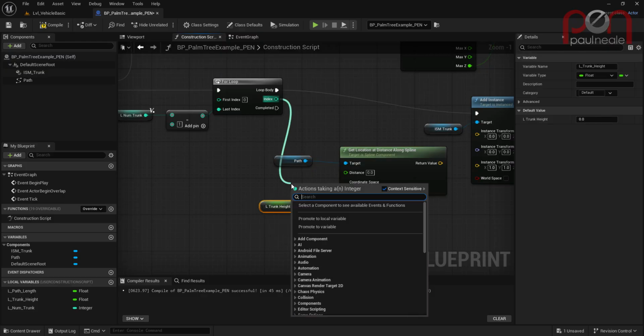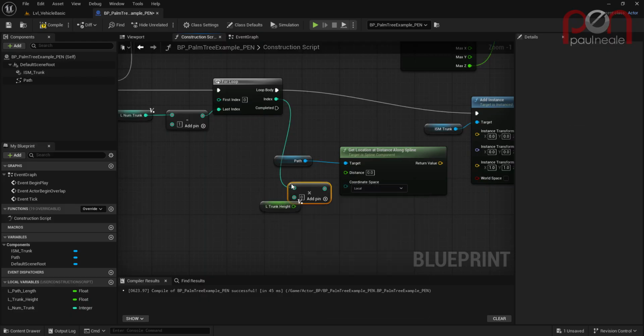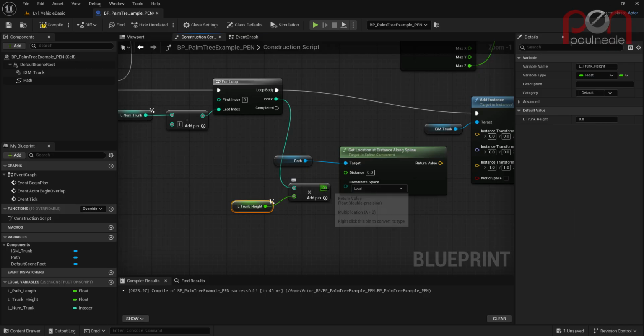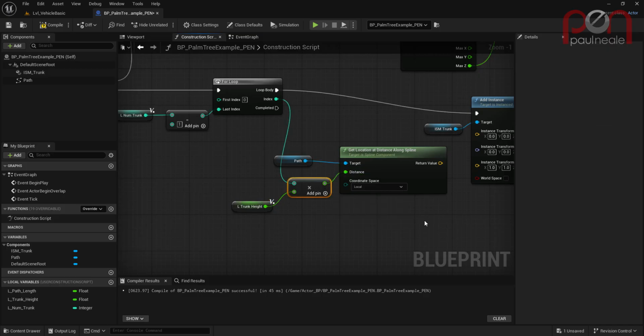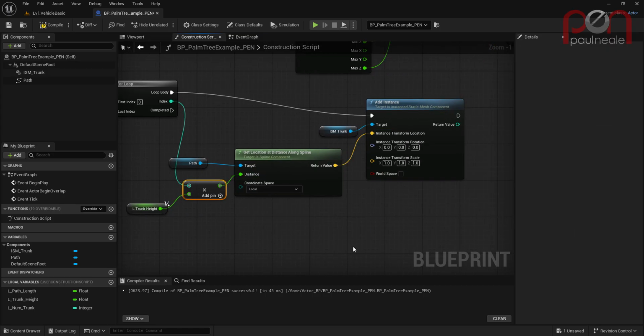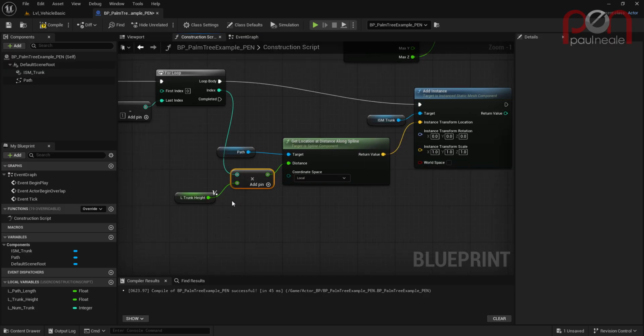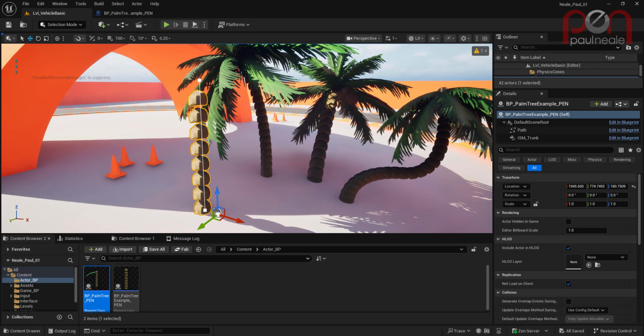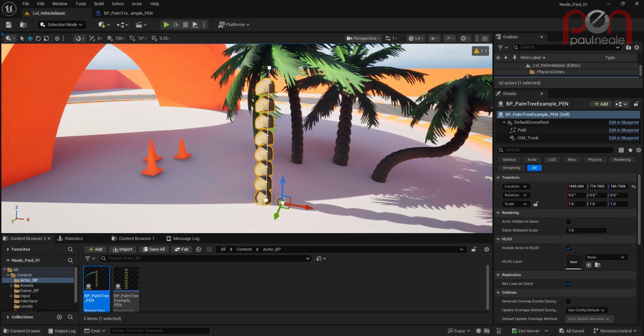So I'm just going to drag out, hit the multiply again, and we're going to multiply these two together, and then we're going to plug that into the distance, and we'll plug that into the transform. So this is going to get that distance along the spline with this. So I'm going to say compile, make sure I save, and we're going to go back, and now you're going to see we actually have it